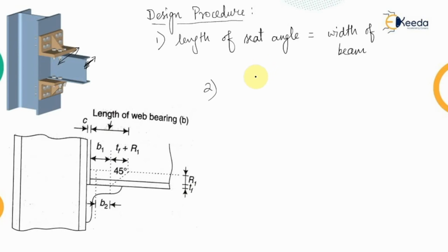Now the important thing that we need to take care of in the designing purpose is to find out the length of these different legs, that is the connected leg and the outstanding leg. So once we have found out the length for this I section and the thickness that we have already found out, that is based upon the design shear strength and the bending strength, the remaining purpose is to find out the length of the outstanding leg and of the connected leg respectively. Now first we will calculate the length of the outstanding leg.